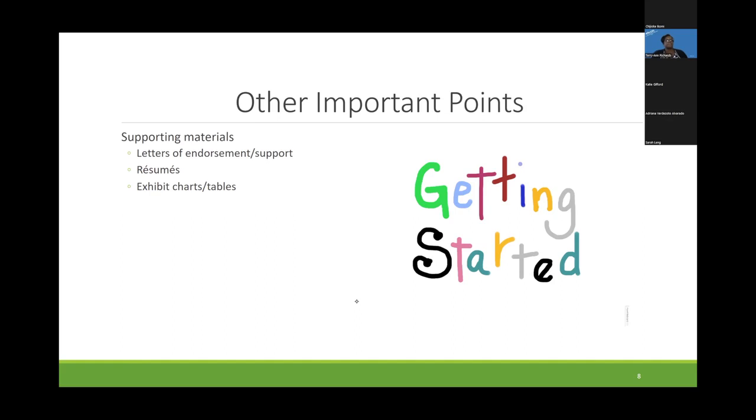So let's say, Denise, you're going to be a partner of mine. I might write the letter of support, like a rough draft for you, and then send it to you, and you would refine it and update it based on your experience or contributions, and then send it back to me. So that's one thing to keep in mind, because if you're writing the grant, you also have to draft, for the most part, those letters of support.